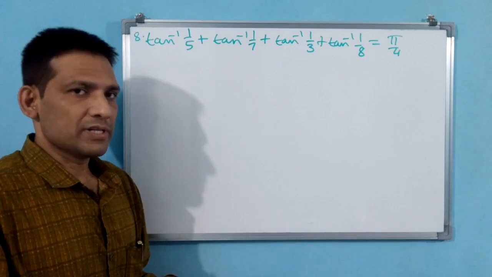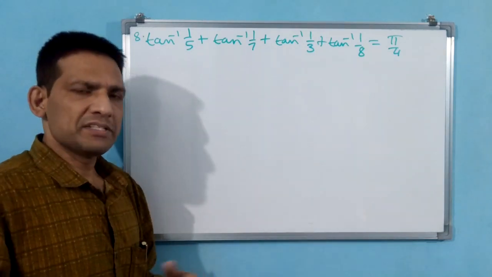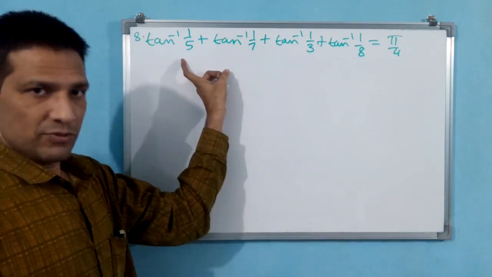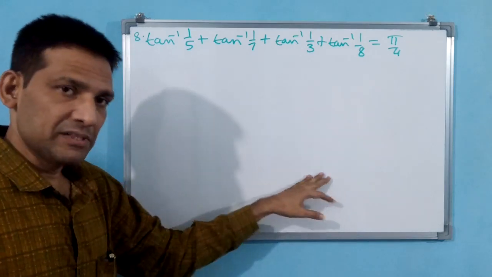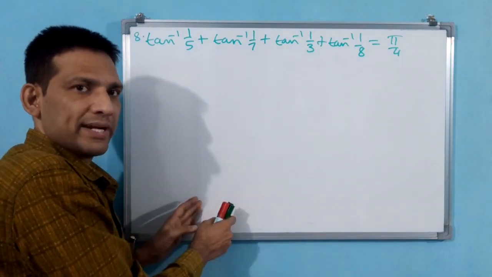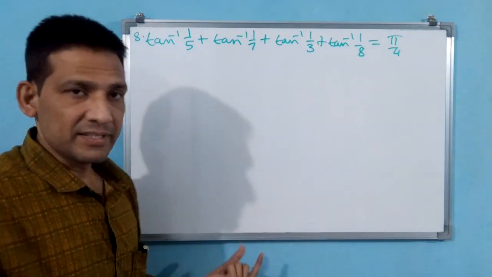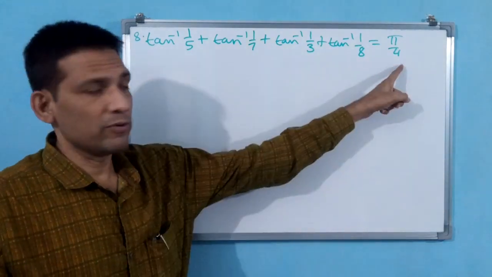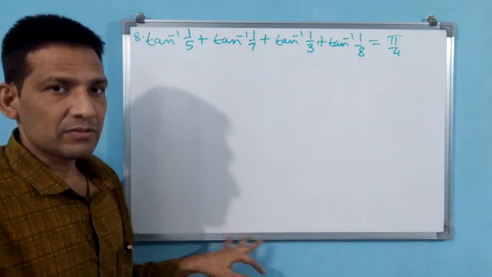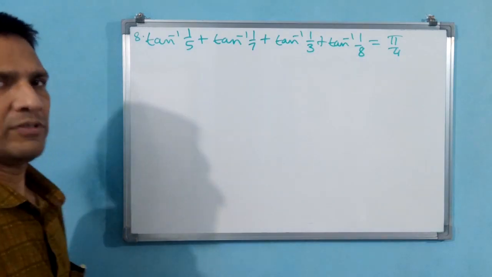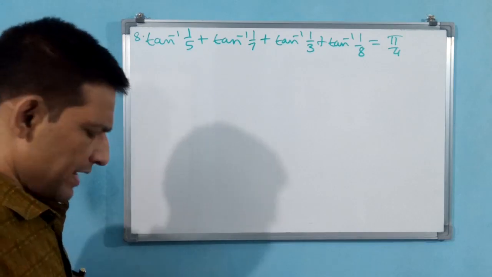Let us go for the 8th question. See, in the eighth question they have given everything in tan form only. That means calculation is easy. You have to take the first two, one result will come. Another two parallelly, one result will come. Finally, these two results you have to combine again as tan inverse of x plus y, and the final result is going to come. Let us see if this result is tan inverse 1, which means pi by 4. Tan inverse 1 is pi by 4. Tan inverse 1 comes here. Your LHS is equal to RHS, like that you can prove. Here we need not write a right angle triangle again. Directly we can take.